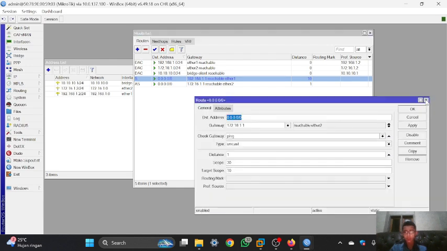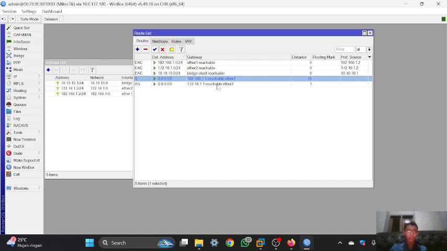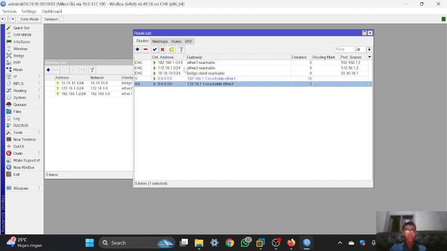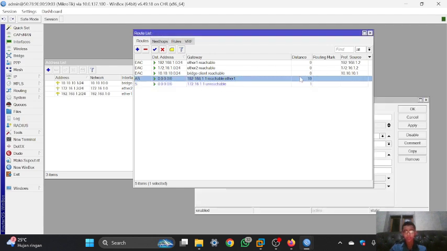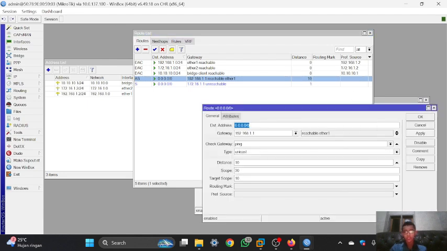So the check gateway tool is that the MikroTik will always check the IP of the ESP. If there's any problem, the MikroTik will automatically change the interface, the link network.